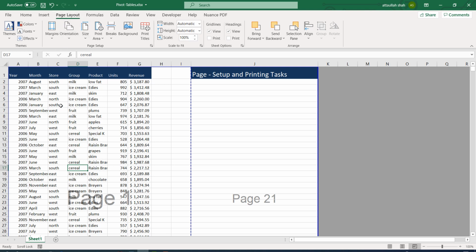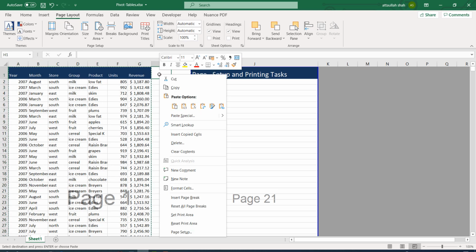Okay, we have lots of options to control the printing tasks. The first one, if we have lots of data, so let me just, for printing purposes, duplicate the data. So I copied and pasted it.